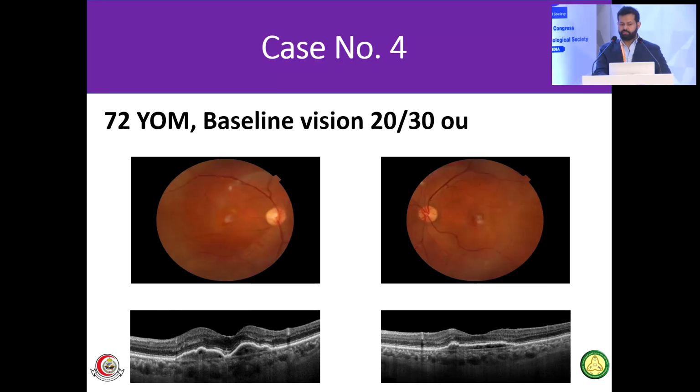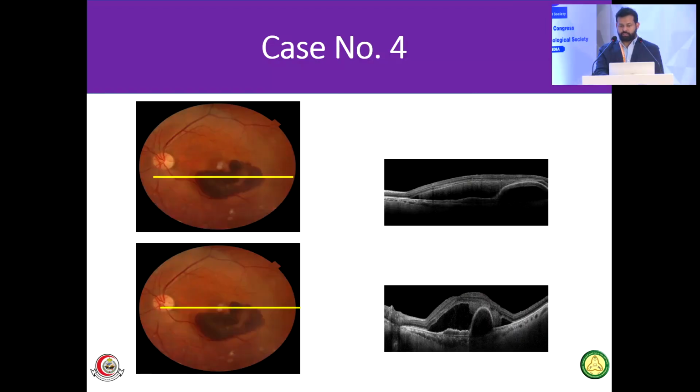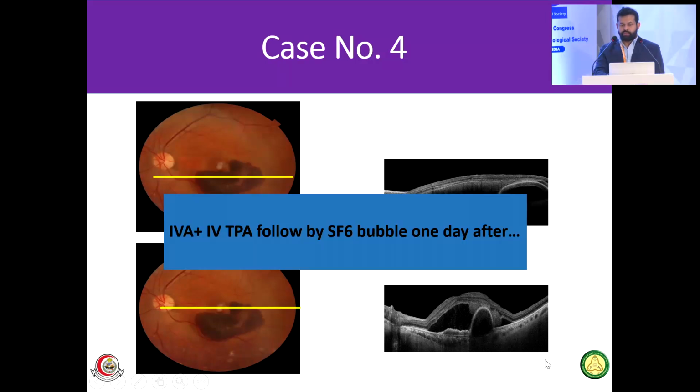This is another 72-year-old male presented with the same complaint, treated the same way. You can look at the OCT. If you take the cut in this location, it's showing blood. However, if you go to the fovea, it's only very minimal blood in the subretinal space. So again, this patient was treated with the same maneuver, intravitreal anti-VEGF with intravitreal TBA. Then the next day, the patient is placed back in face down position after the injection of